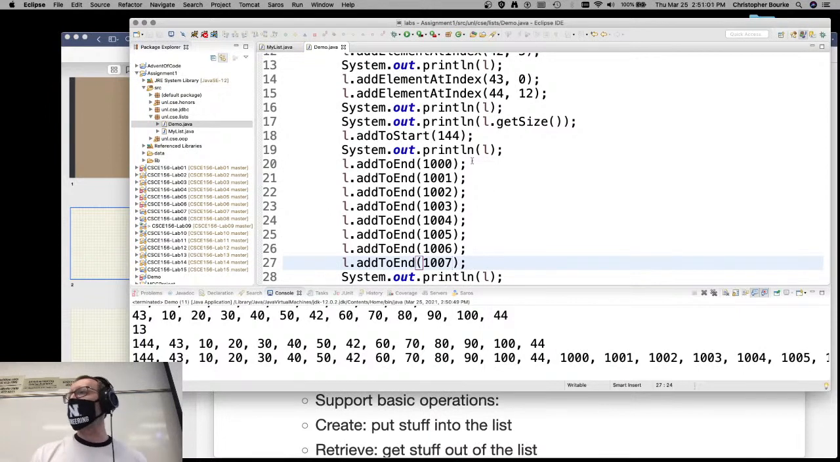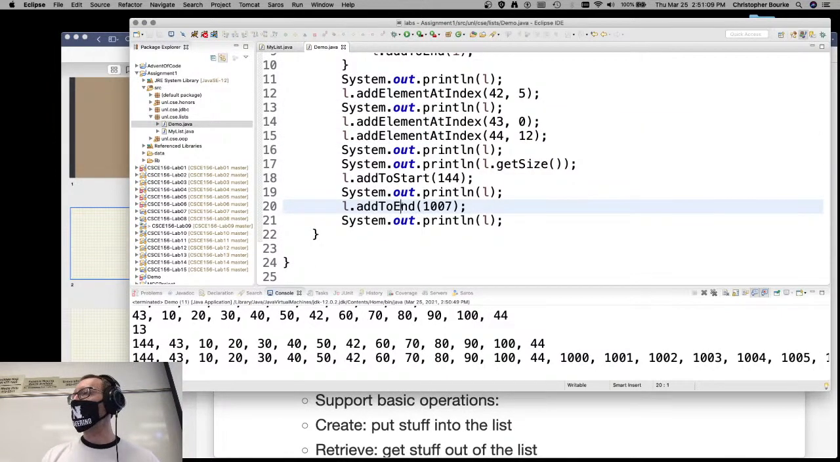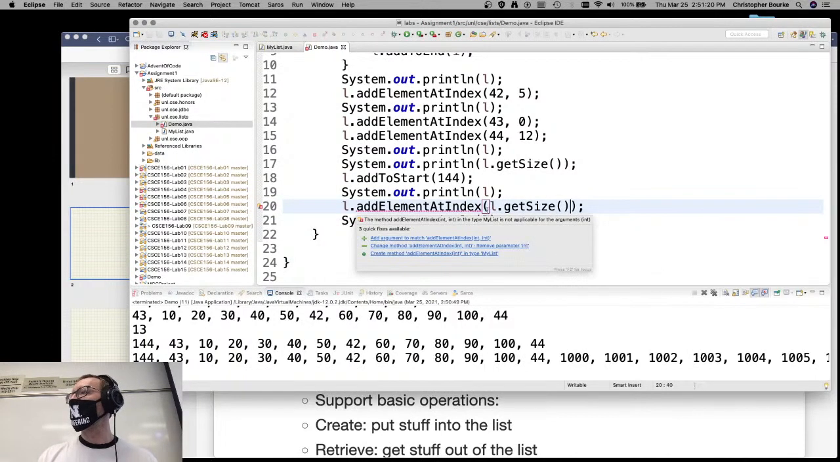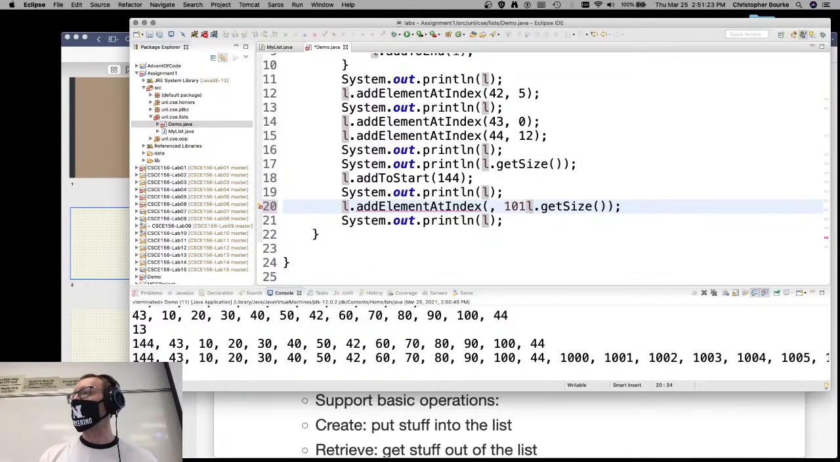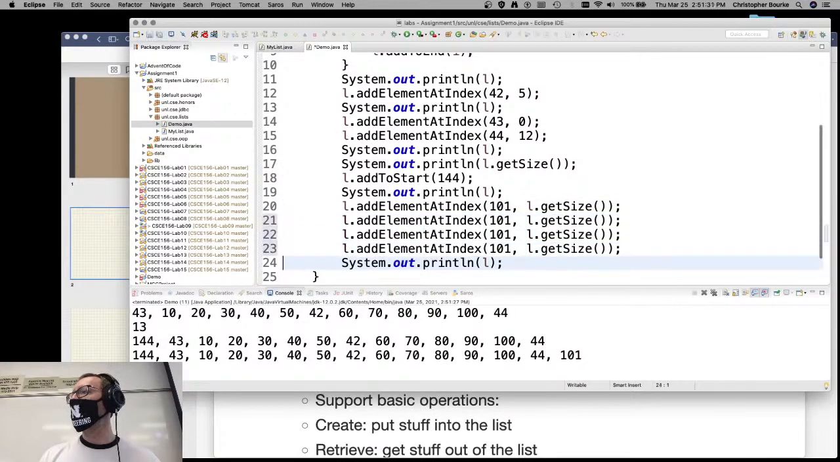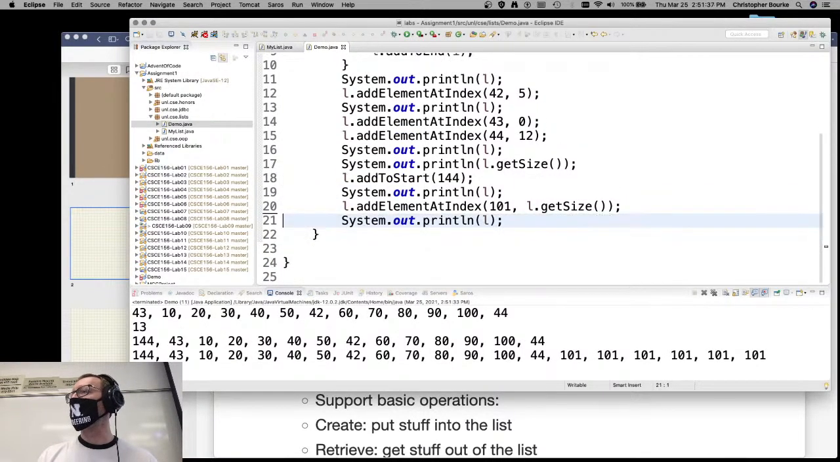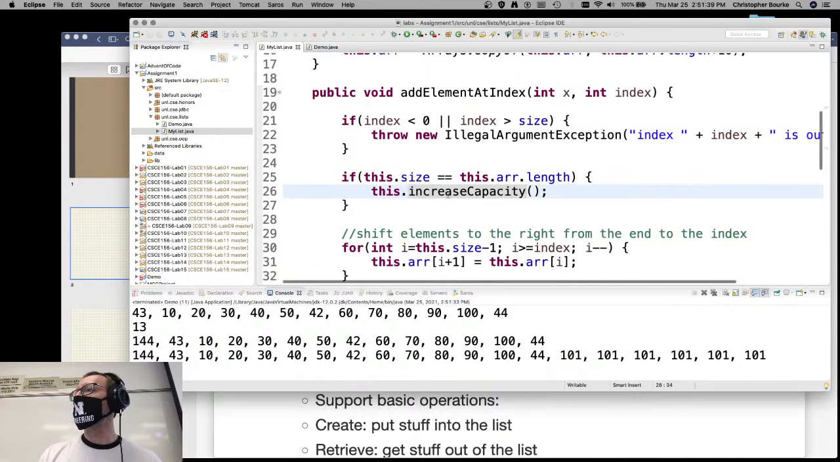Yeah, I was hoping that, let's, oh, you know what? Here, let's erase all this. And now I know how to reproduce the error that I'm thinking of. Add element at index. And then I'll say l.getSize. And the element will be 101. There we go. Oh, no? Okay. Add a bunch of copies. Nope. All right. I was not able to reproduce the error that I'm thinking of, but this is really suspect